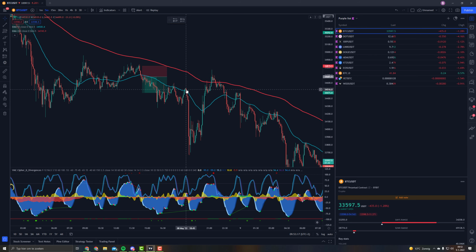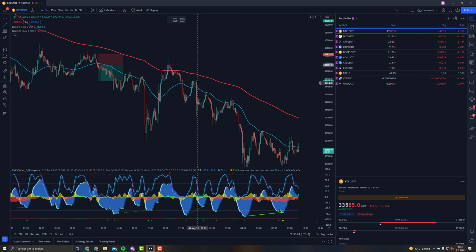So right here we had a red dot as well on this candle. Right here we had a red dot as well on this candle. On this one, the money flow index is in the green, so I would not have taken this short position. It's better if the money flow index...